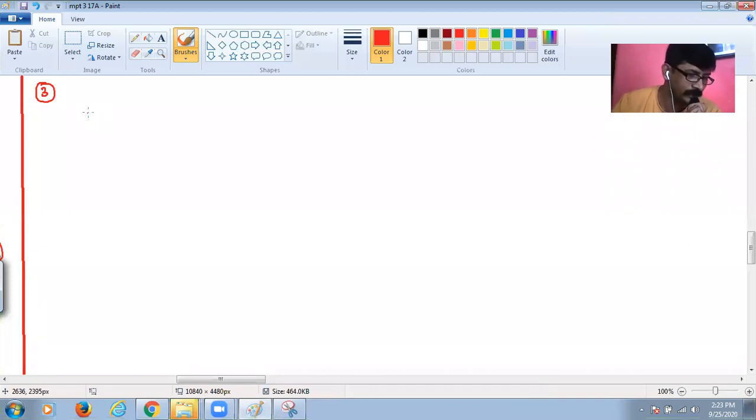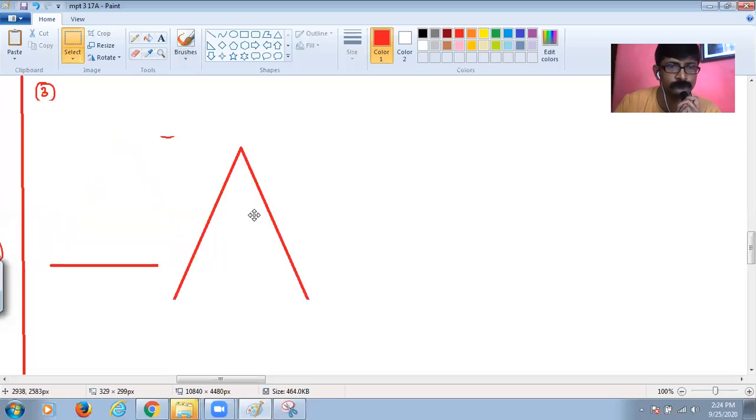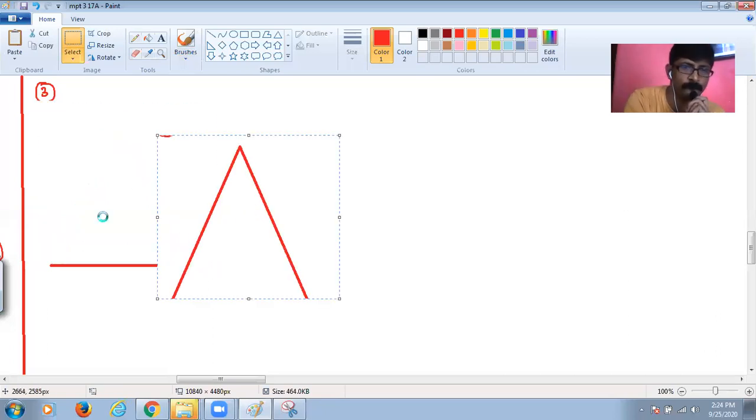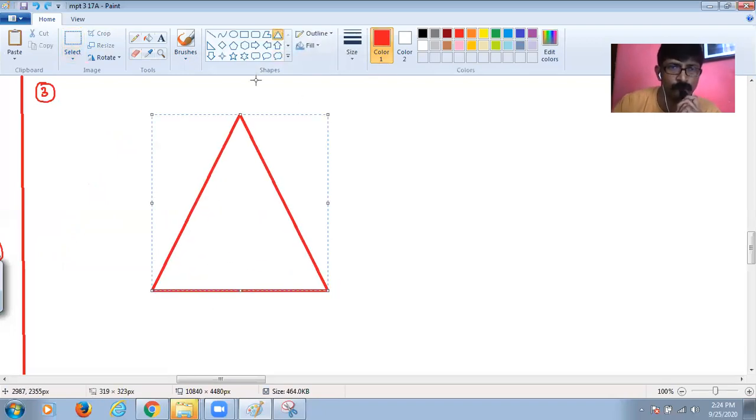The side AC of triangle ABC is produced to point E. So this is sum number 3, students, and we're doing sum number 3. So let's start drawing the diagram with respect to whatever info is given in the sum. Side AC of triangle ABC is produced. I don't know how the diagram is, so I'm just taking it in the center. So I'm just redrawing the diagram. ABC is a triangle.